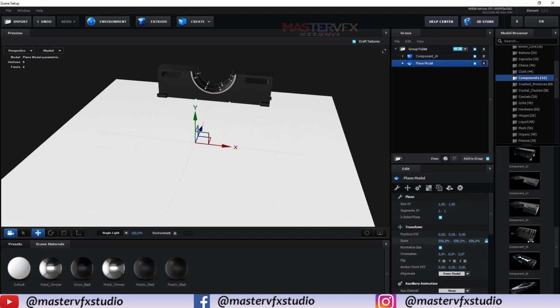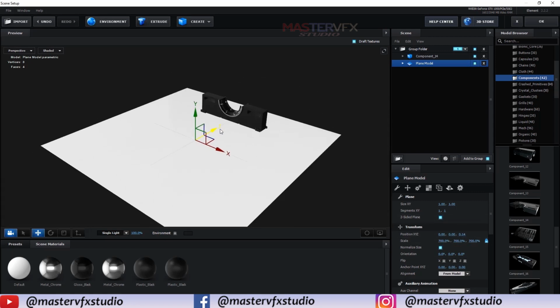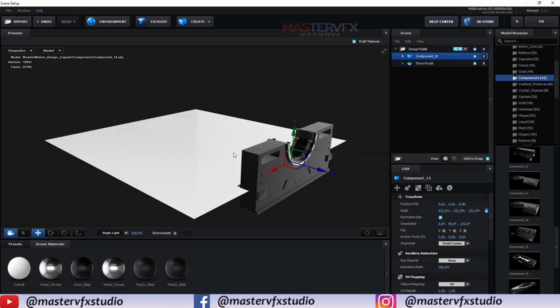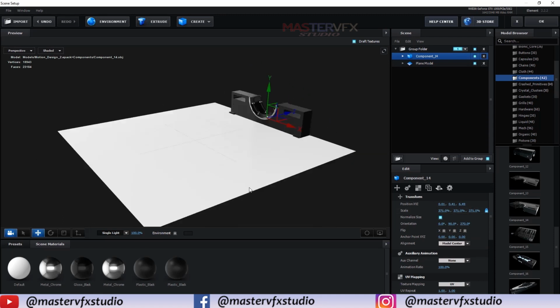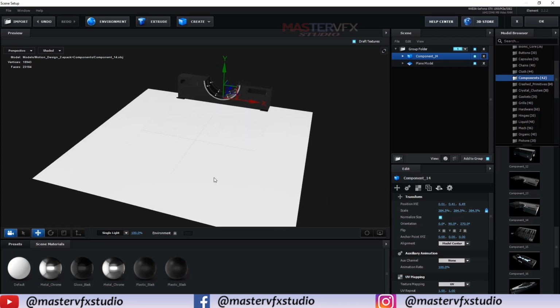Scale it up to 700, right? Okay, I think more. Okay, just press Alt and duplicate it and rotate it 180 degrees.